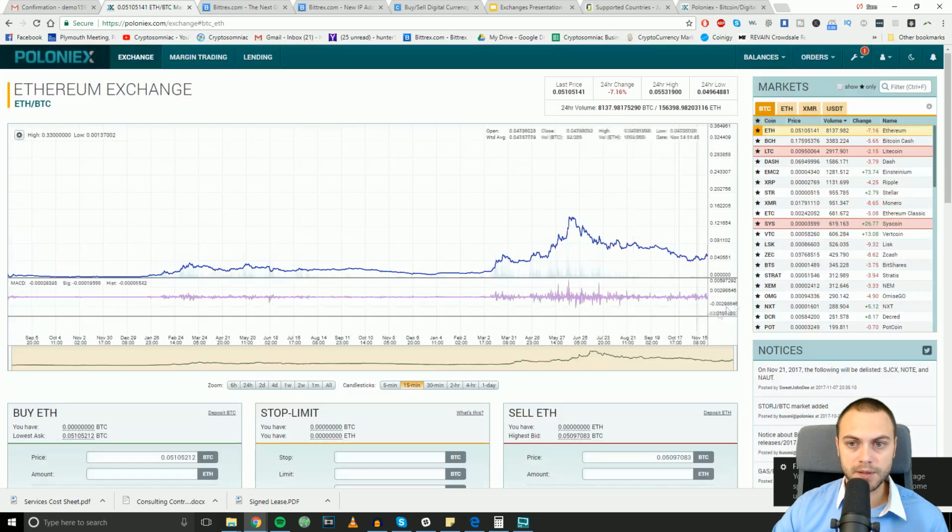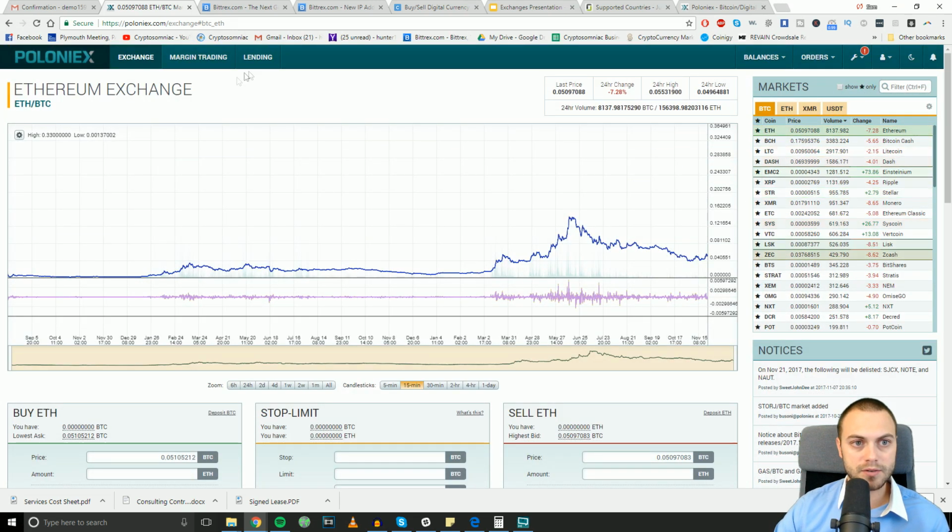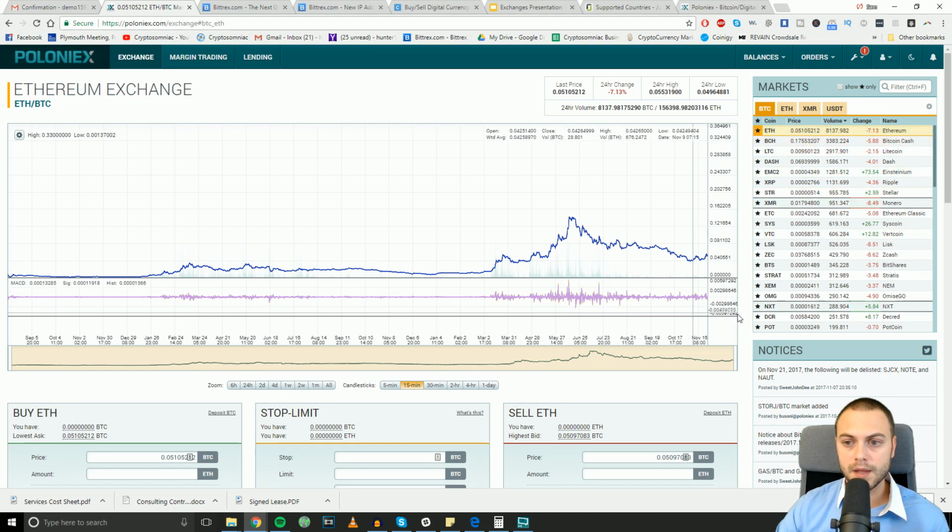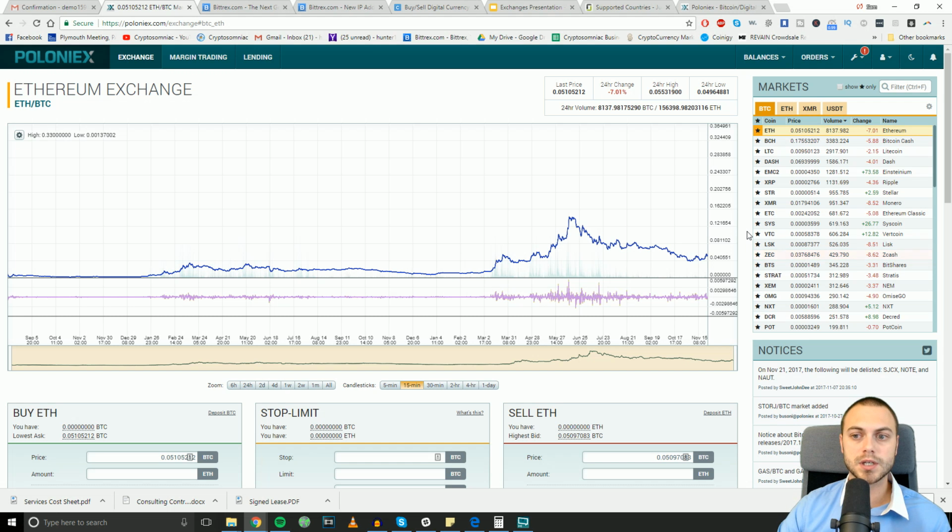Again, here is the front page. This is all you pretty much need to know. All of the information here is listed on the front page. And that pretty much covers it for Poloniex. Again, Poloniex is a very good exchange. They have a lot of the popular cryptocurrencies out there. It has a lot of volume and liquidity, so there's always usually a supply and demand for some of these popular